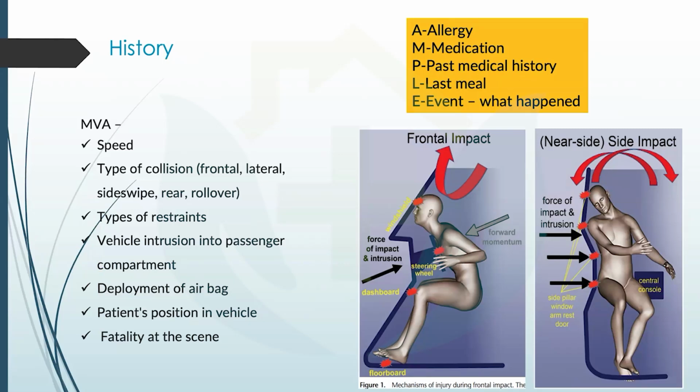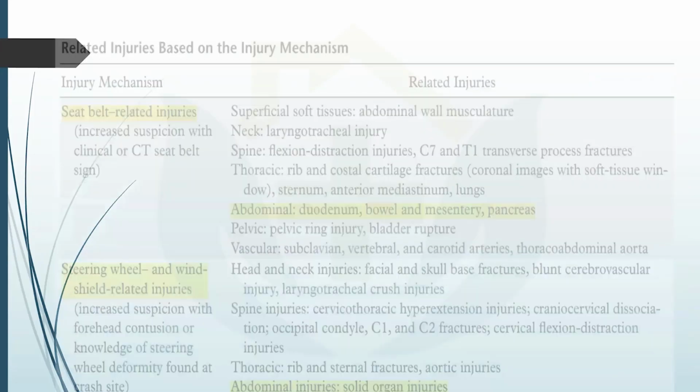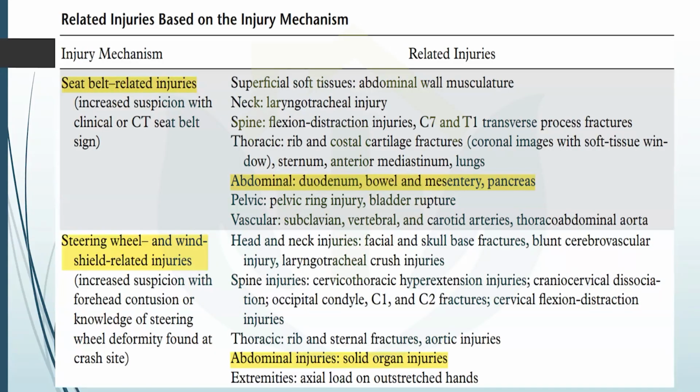Previously in class, we said that during the secondary survey, we have to address the AMPLE history of a patient. What is AMPLE? AMPLE stands for allergy, medication, past medical history, last meal taken, and events that led to this accident. So if the patient has a hit injury, you stabilize, and then you inquire about the AMPLE history, the speed of the motor vehicle accident, the mechanism of injury, who else was traveling, and how many were injured. All these things give some clue about what we're looking at.